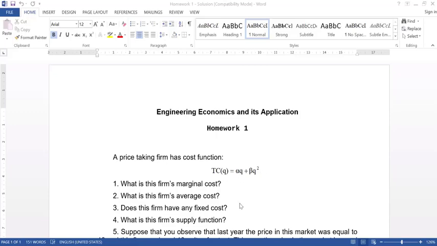The independent variable here is Q, and we have MC as a function. The marginal cost function is MC equal. Now we take the differentiation of the total cost function with respect to Q, which is alpha